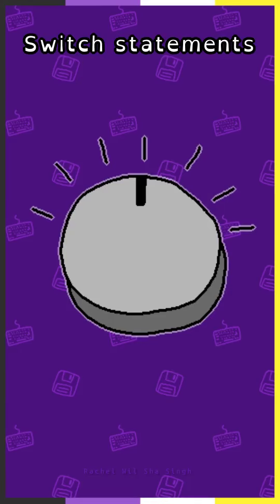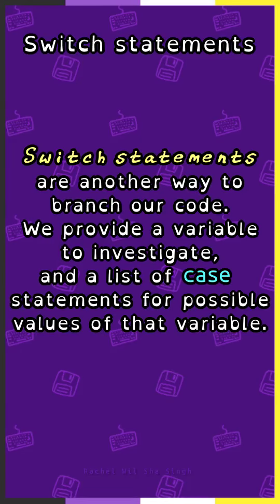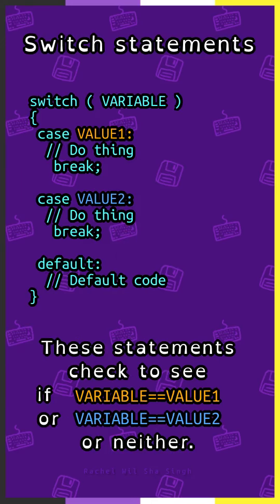Switch statements. Switch statements are another way to branch our code. We provide a variable to investigate and a list of case statements for possible values of that variable. We write switch and then a variable within parentheses, and within the opening and closing curly braces we specify case and a value and break for each value we want to check, and a default case if nothing above gets